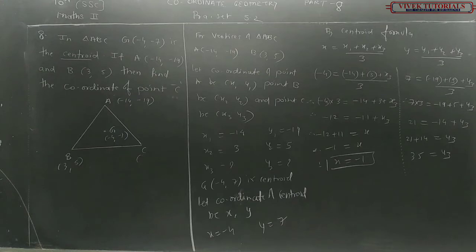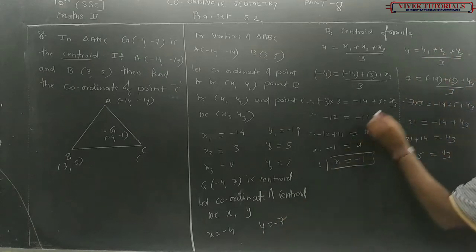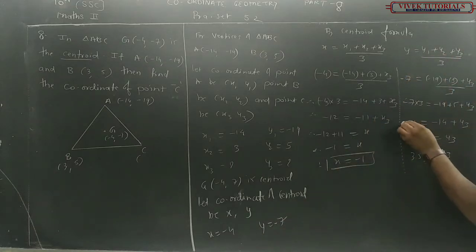Let me check the answer. I made a mistake. It is -7, -7, -7, -21 becomes -7. So your answer is,